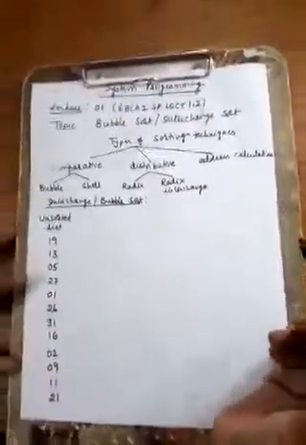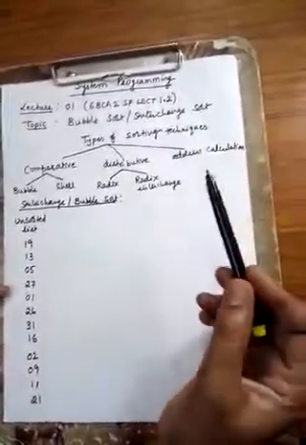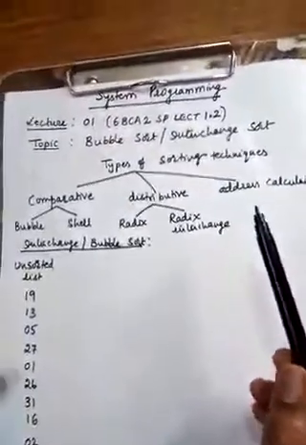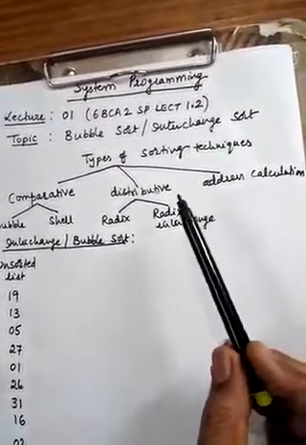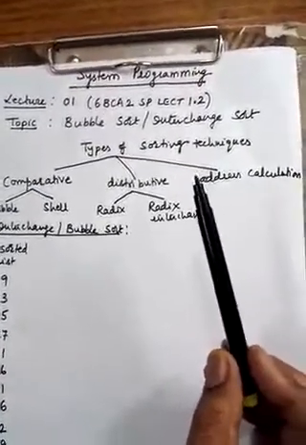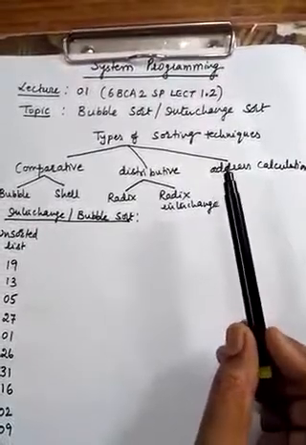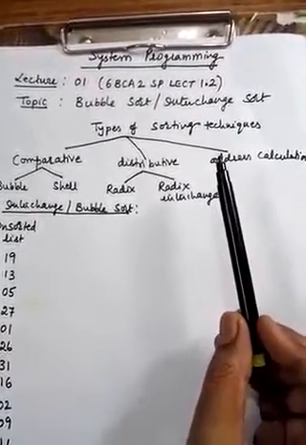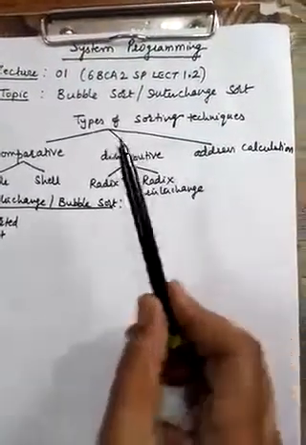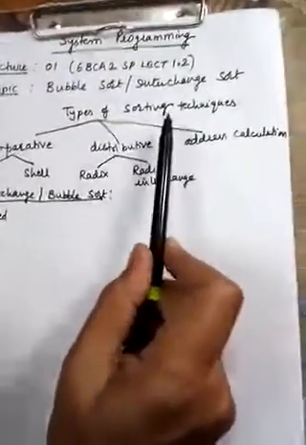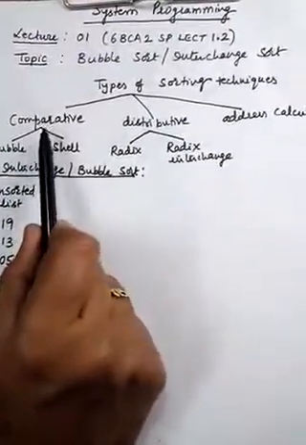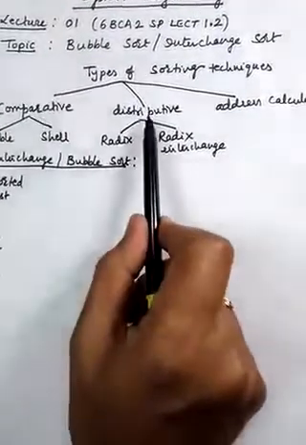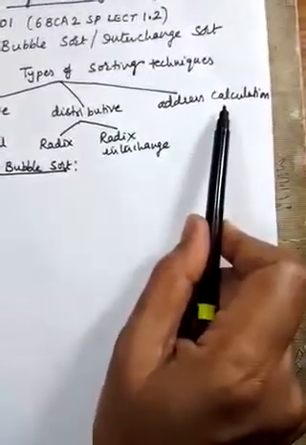Hi students. So in the last lecture we have understood the searching techniques. Now you know that in binary search it requires a sorted table. So now we are going to study different types of sorting techniques that will be used for the tables in the assemblers. When you take the different types of sorting techniques, there are mainly three types. We call them comparative, distributive and address calculative sorts.